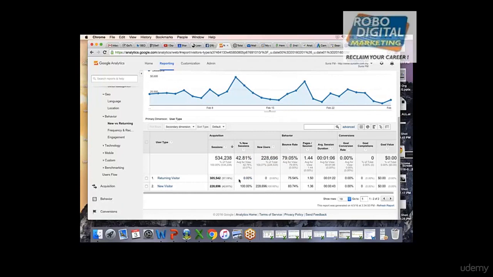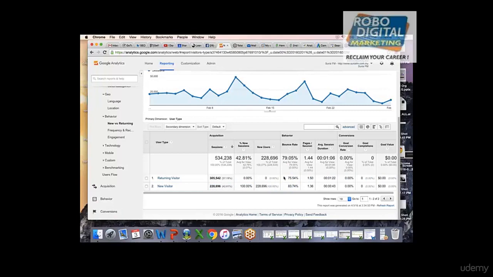You are retaining a good amount of visitors. If we see, 57% of the audience you are getting is retained, which means your website is giving valuable content. That's why people are coming again and again to your website. But this number we have to reduce, right? Like you were saying, the bounce rate is quite high. Yes, you have to give them different activities on the page so that you can get a better result.